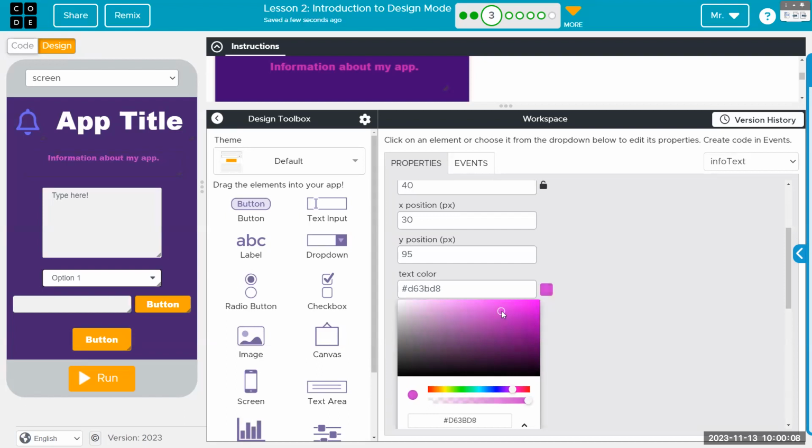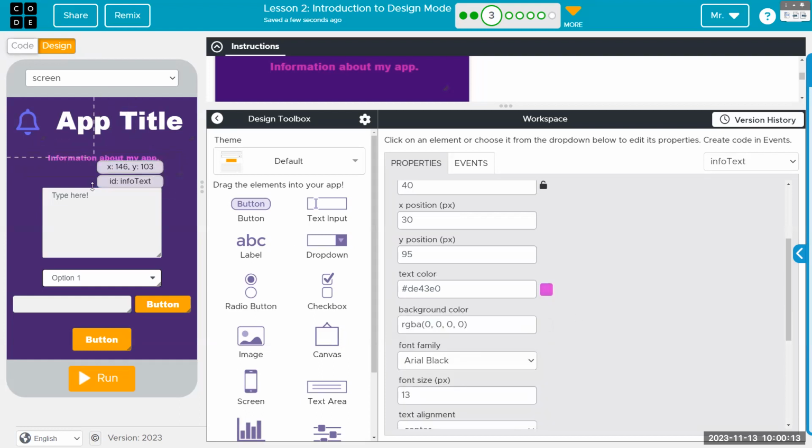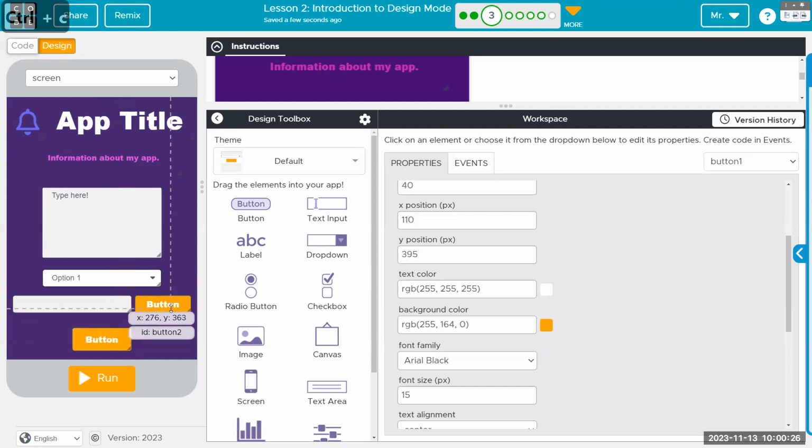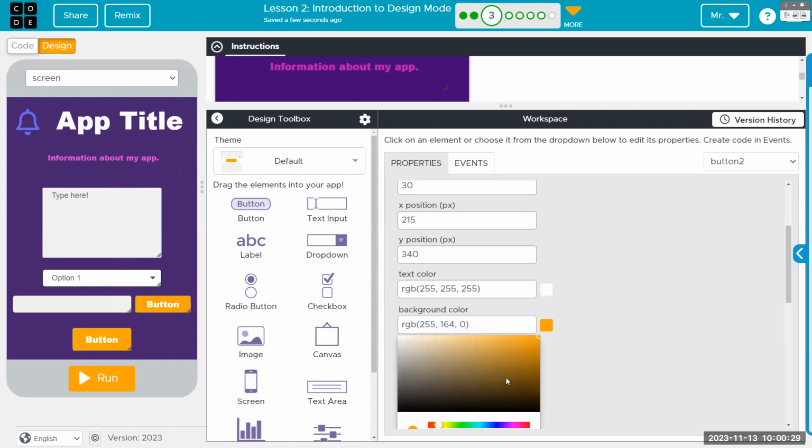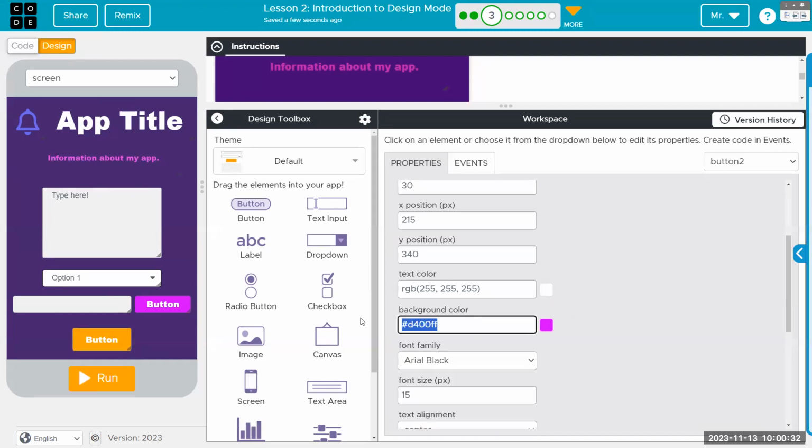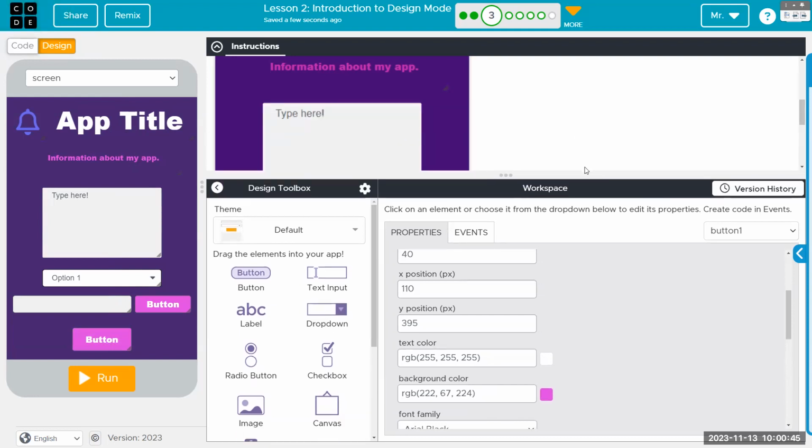That's pretty good. Happy with that. And so whatever that color is, this is its hex code. And whether it shows up in hex or RGB, you can still copy that and go to one of these buttons that we want to change its background color to. And like I said, instead of trying to find the exact thing, just paste in that other one and it will match exactly. Same thing with that one. Okay, whatever